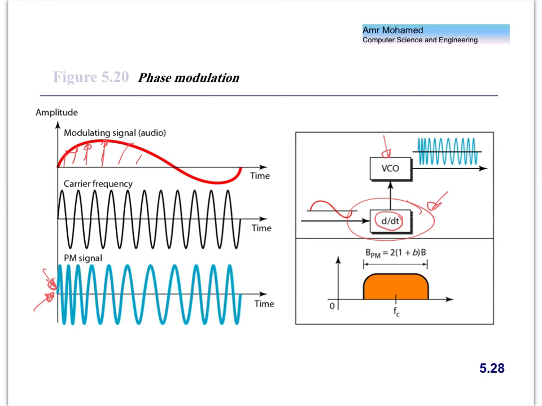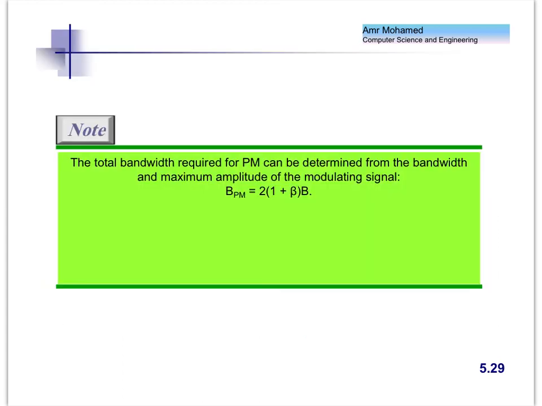Okay, and as you can see, the derivative of the signal is always less than the absolute value of the signal. Therefore, the range of frequency is much less. And that's why the value of beta here is from 1 to 3 actually. Which means that in terms of bandwidth efficiency, phase modulation is much more efficient compared to frequency modulation. Phase modulation is much more efficient.